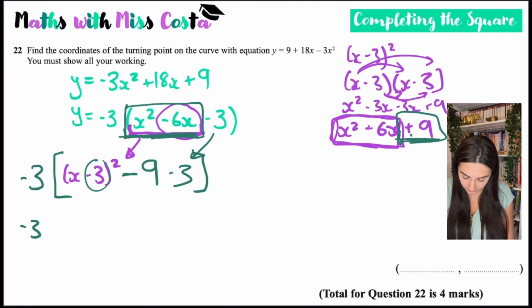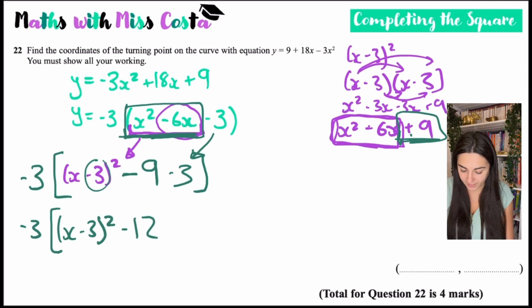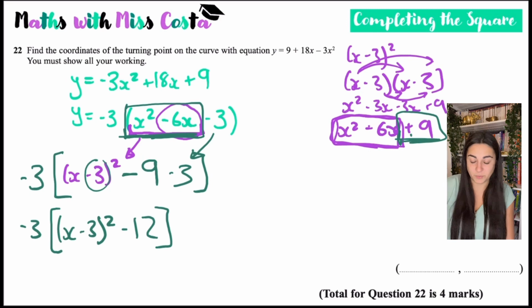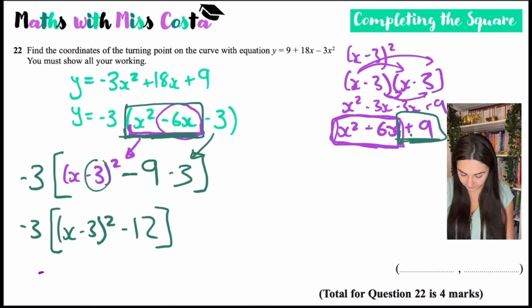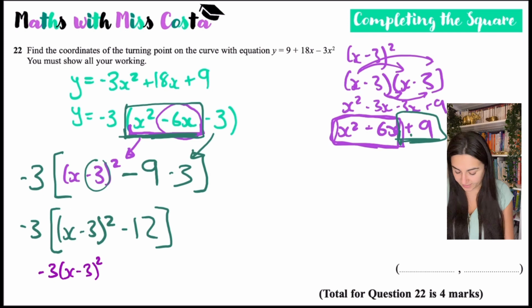So you've got x take 3 squared, minus 9 take 3 is minus 12. So all of this is in a little bracket and it's all being multiplied by negative 3. So now that I've completed the square and simplified it, I can multiply out by negative 3 again. So that would just become negative 3 times x take 3 squared,